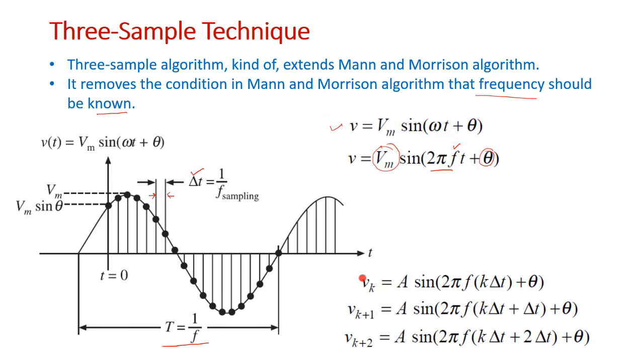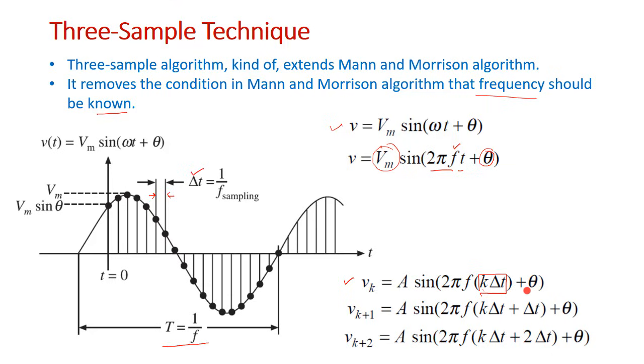I can write the 3 samples in the sampled form, as instantaneous values at a particular instant. Let us consider the kth instant. At the kth instant, Vk equals A, the amplitude of the signal, times sine of 2 pi f k delta t. Instead of t I am writing k delta t because it is at the kth instant,